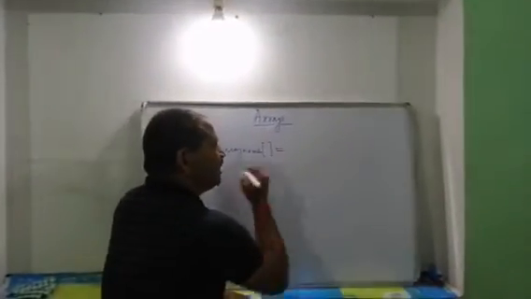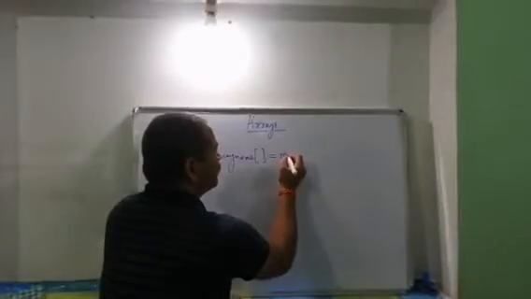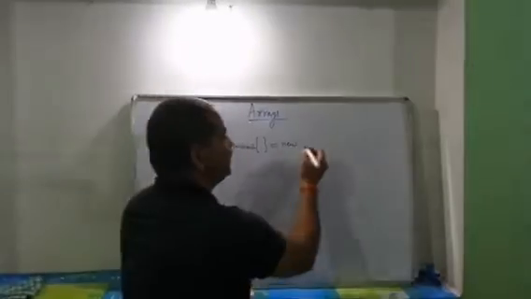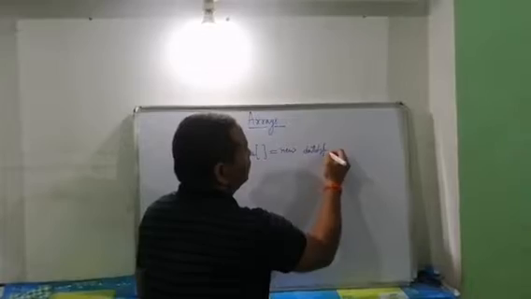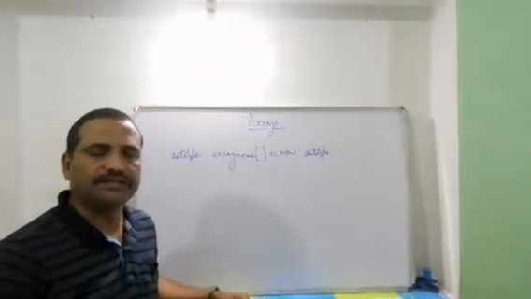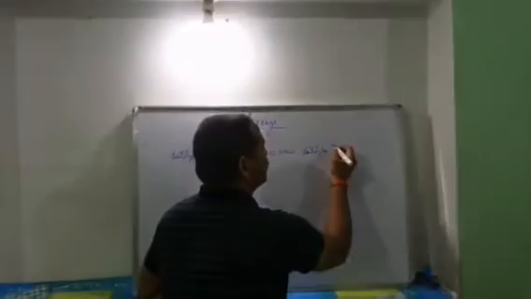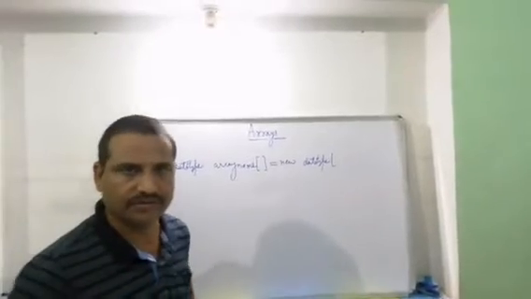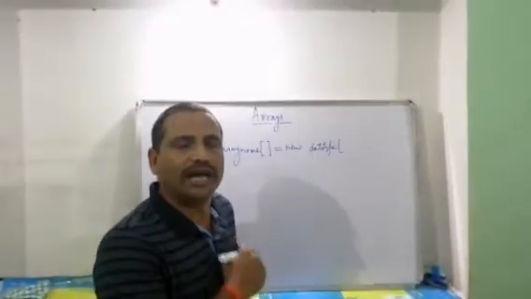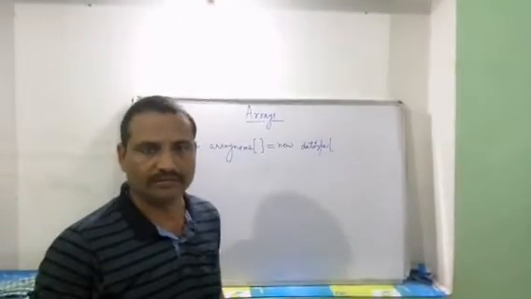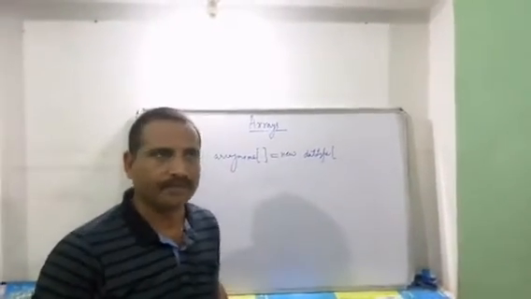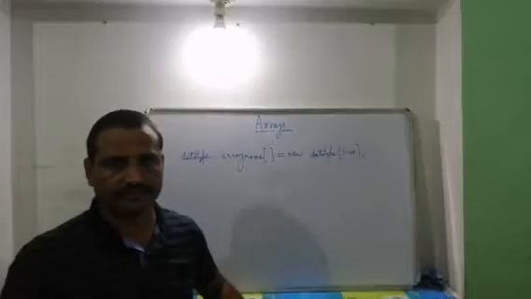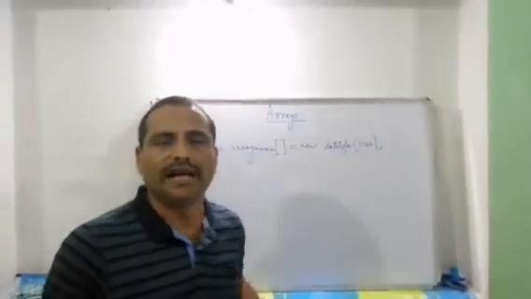Then the equals to sign. After that, the memory allocation operator. Then again the data type, whatever data type we have mentioned here, the same data type we have to write here. After this data type, again we have to use the subscript operator. And in this subscript operator, we have to write the number of values, how many values you want to store in the array variable. That is called the size of the array. So size we have to mention, and then put a semicolon. So this is the syntax to declare an array variable.